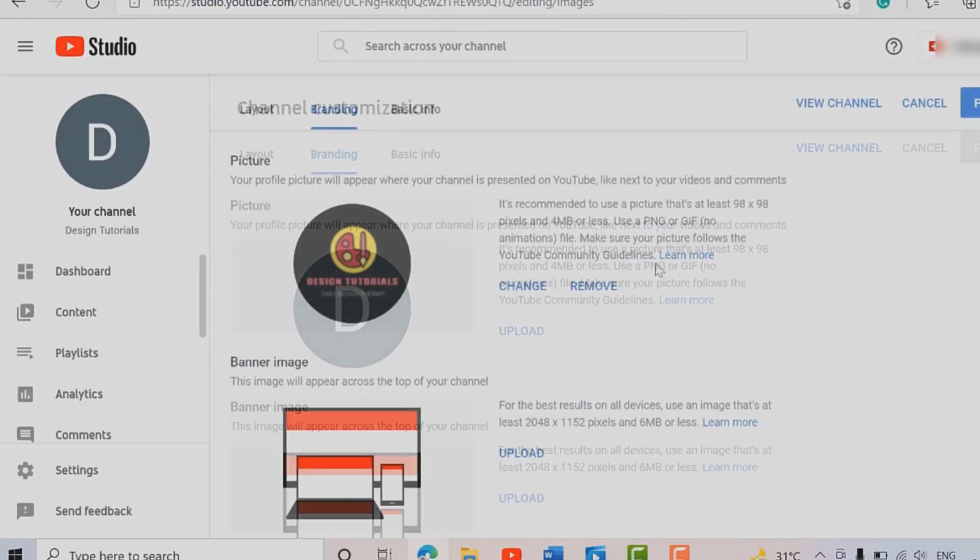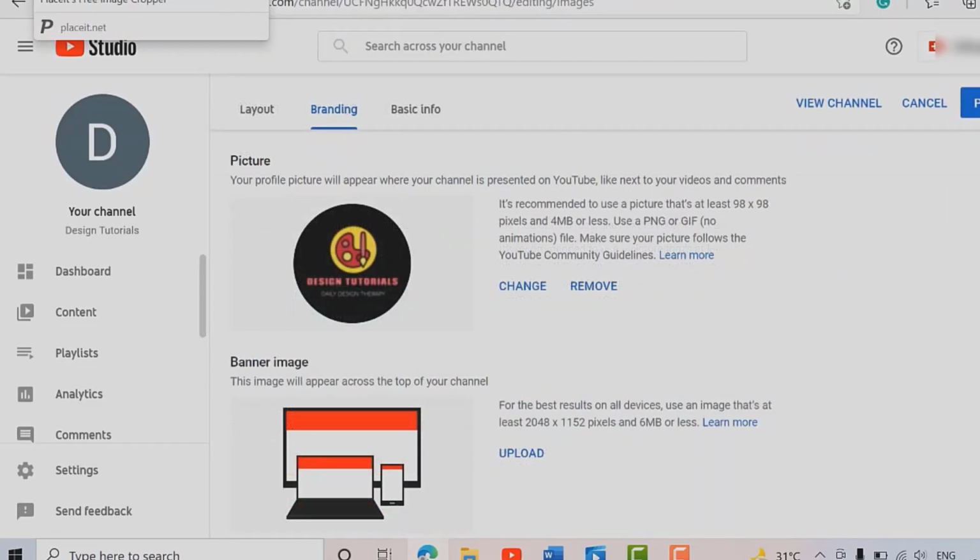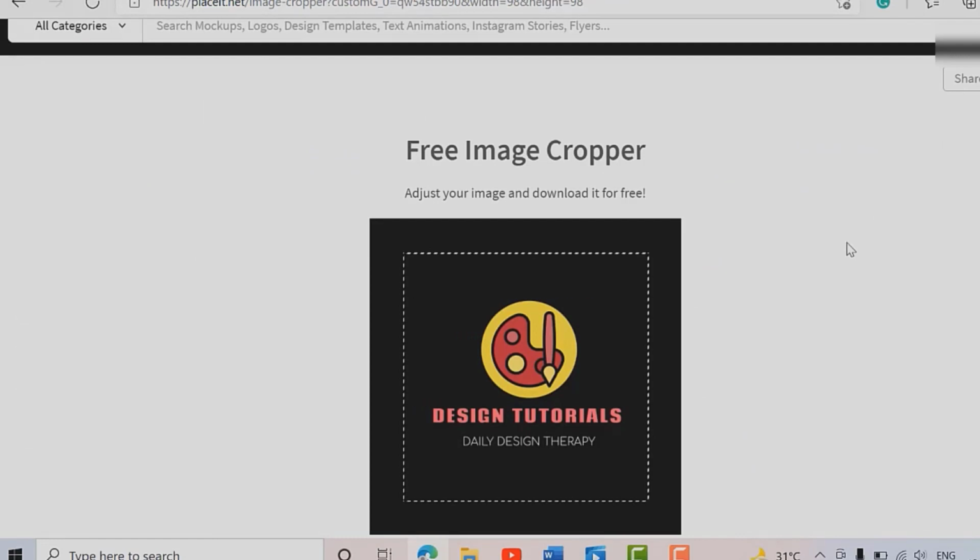So this was your tutorial for the day. I hope you like this tutorial. I hope you have learned something about logo designing, how easy it can be using this. The more you design, the better you will get. I'm not saying this is the best logo in the world. This was just for demonstration purposes.